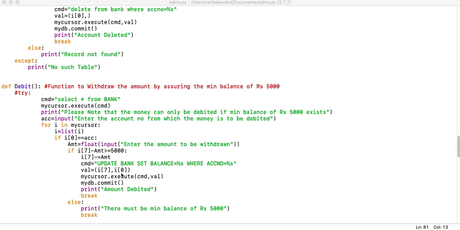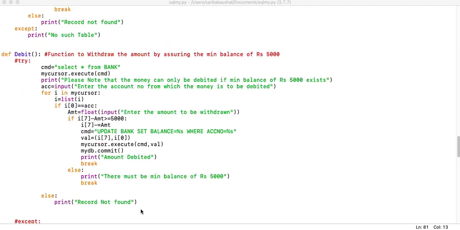Otherwise we are allowing it to update. So here we have taken one record at a time. We have checked whether the account number is found or not. In case yes, we have accepted the amount. In case the amount is there, you are subtracting it and you are checking whether after debiting you are still left with the balance of 5,000 or not. In case yes, then only the command is issued and committed, otherwise it is not.